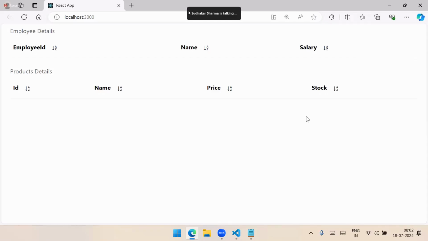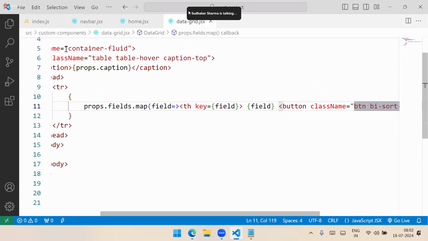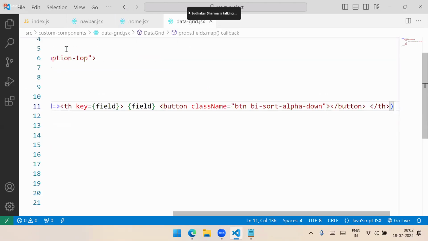Now this is the field. You can add anything, right? You can put a drop down and open the drop down. The user can select any option from the drop down. You know how to design the drop down. You saw their data grid contains a drop down with options like sort ascending, sort descending, and filter. Of course, if you want to design like that, then it is not a button. Then what we need to do is configure